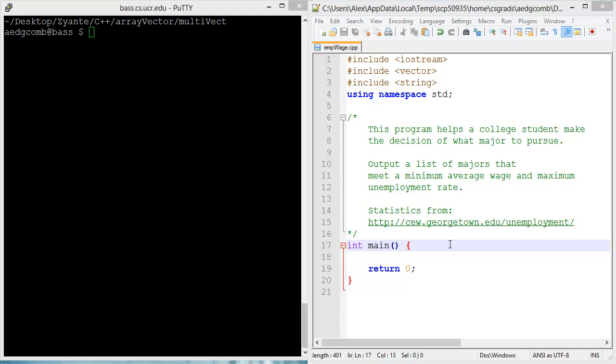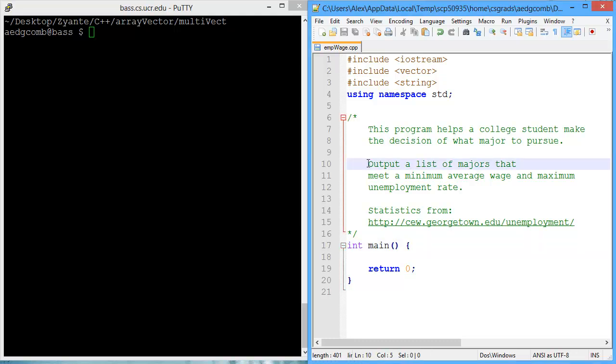This video demonstrates the use of multiple vectors in a program. The program we're going to write helps college students make the decision of what major to pursue. The program is going to output a list of majors that meet two criteria. One is the minimum average wage for a major, and the other is the maximum unemployment rate. So if a major meets both of these criteria of what the user enters, then we'll output that major as